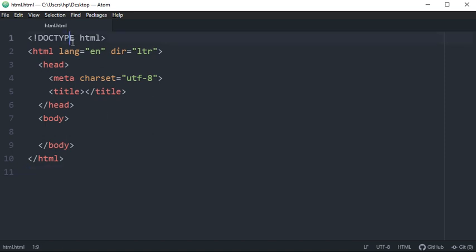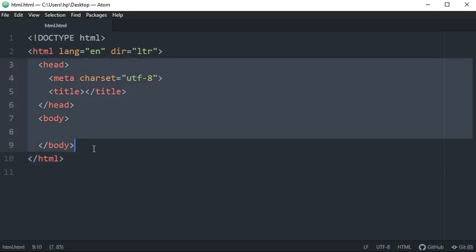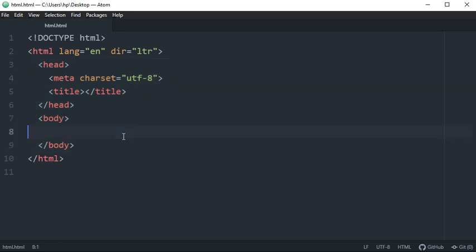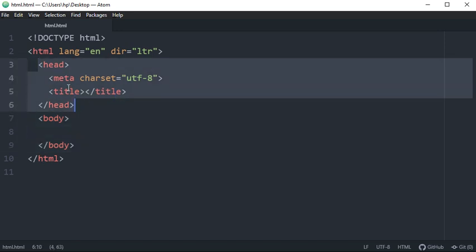The document declaration you can see here, the key element, the HTML tag, and it is closed here. The whole thing you have written is between this HTML element, and then the head part which contains the metadata of whatever you are going to write in this document, as well as the title.